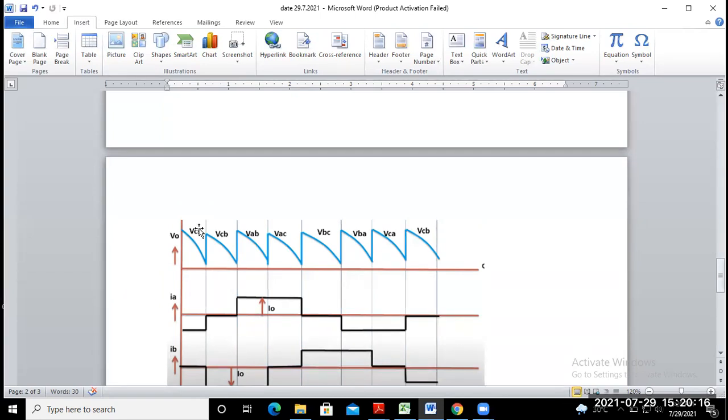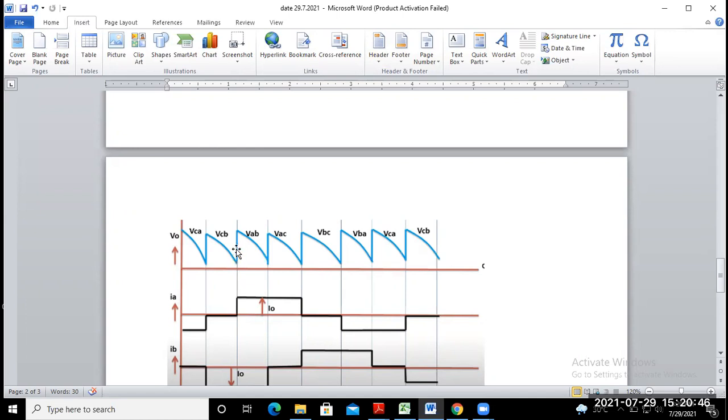Rahul, are you there? Yes, sir. Okay. At this instant VCA voltage appears, that means VCA equals VC minus VA. So phase voltage VA is negative, and IA starts from negative I0. At this instant VA is not present, so the current through this phase is 0.